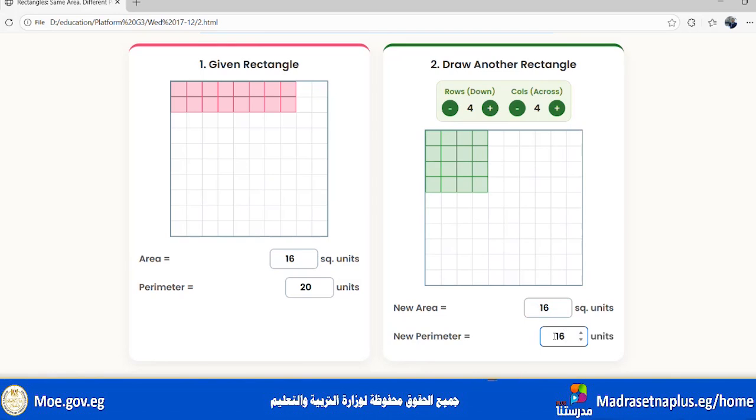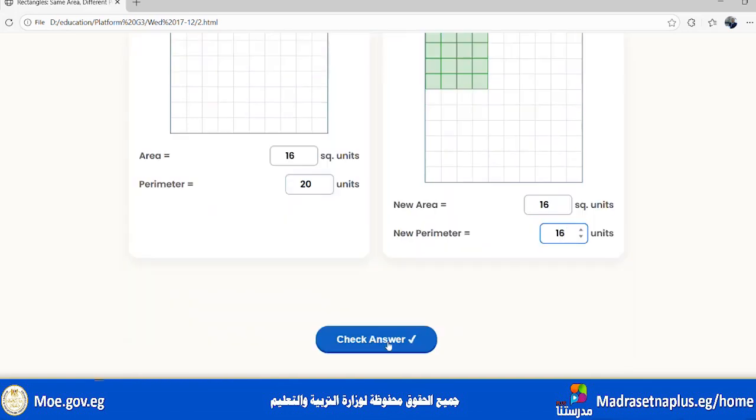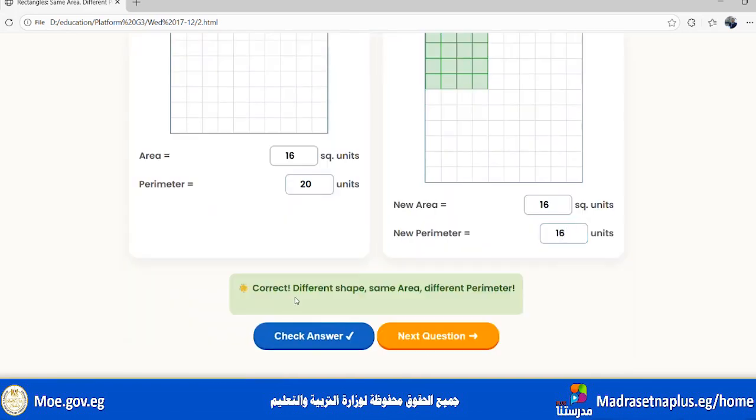Now the two polygons have the same area, but they are different in perimeter. Let's check. Correct. Different shape, same area, different perimeter. Let's get another one